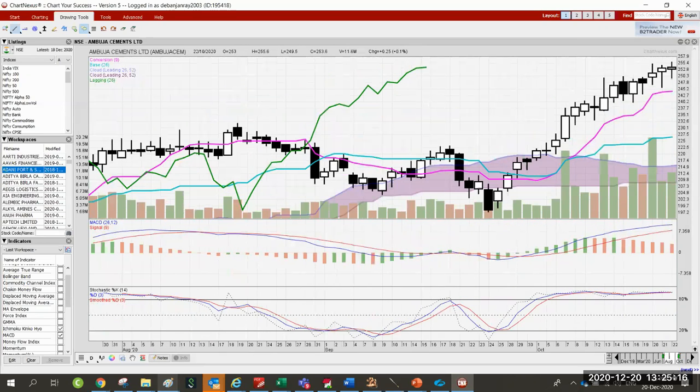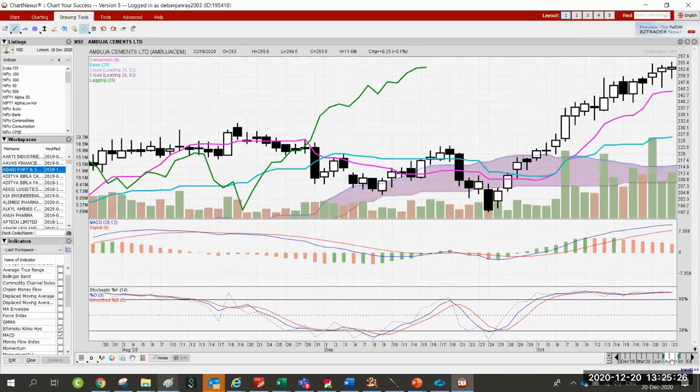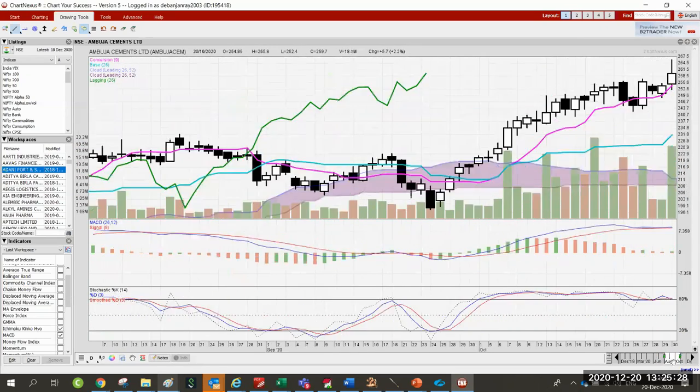But here we can see Ambuja Cement, there is a very clear cut difference here. Actually one should have bought there. Now it is giving a sell signal. Can you see